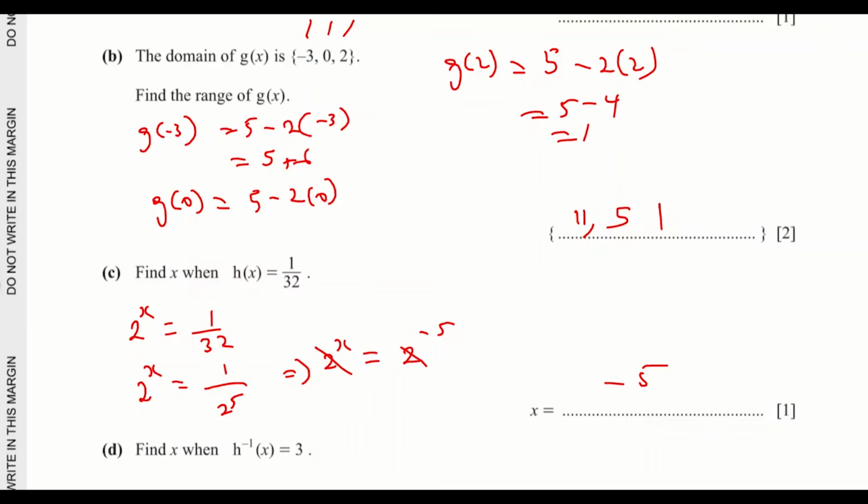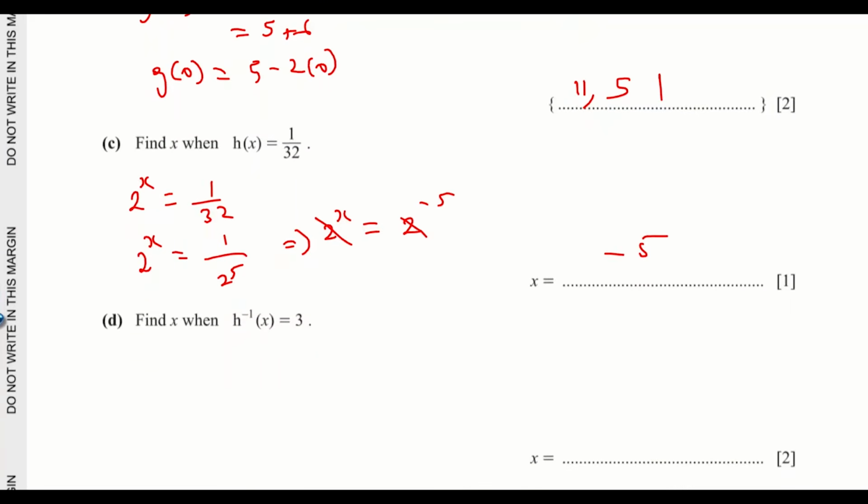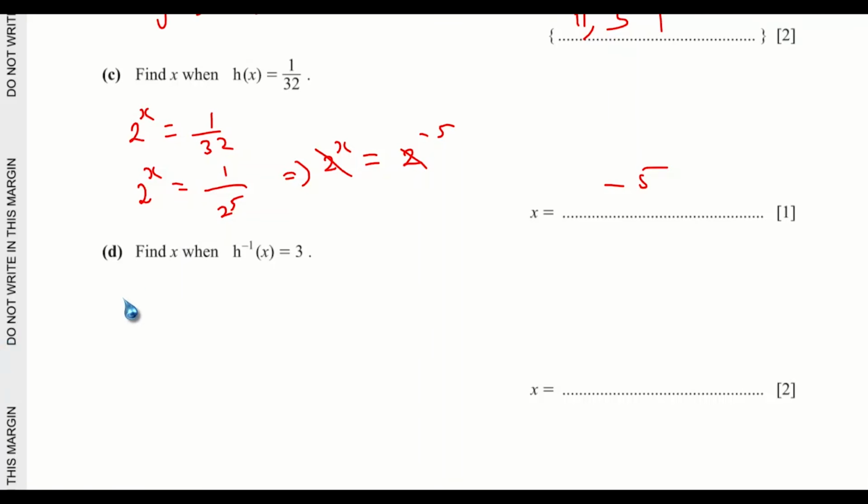Part D, find x when h inverse of x equals 3. Okay, so h of x is equal to an exponential function, that is 3 to the power of x. For this, you have different ways of doing it. But there is one thing I want you to know. If you have the exponential function, the inverse will be a logarithmic function. If you understand these two functions together very well, that is the exponential and the logarithmic function, you will see that